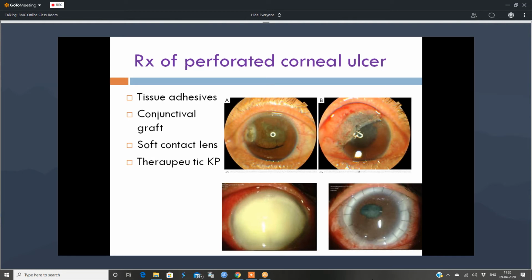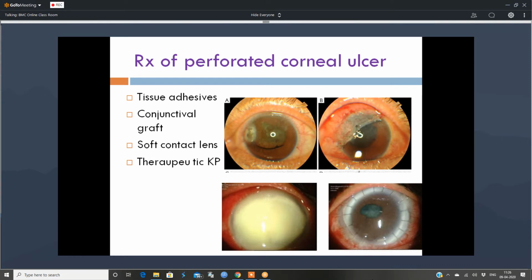Or else you can do one more thing called conjunctival hooding or conjunctival grafting. If the ulcer is more towards the periphery, you can bring the conjunctiva as a hood to give cover to the perforated area. You continue your antibiotics and cycloplegics and other treatment for your ulcer, and slowly the healing will take place. But as you see in the left bottom picture, if the ulcer is occupying the entire cornea and the entire cornea is totally perforated, you are left with no choice but to go for a keratoplasty.